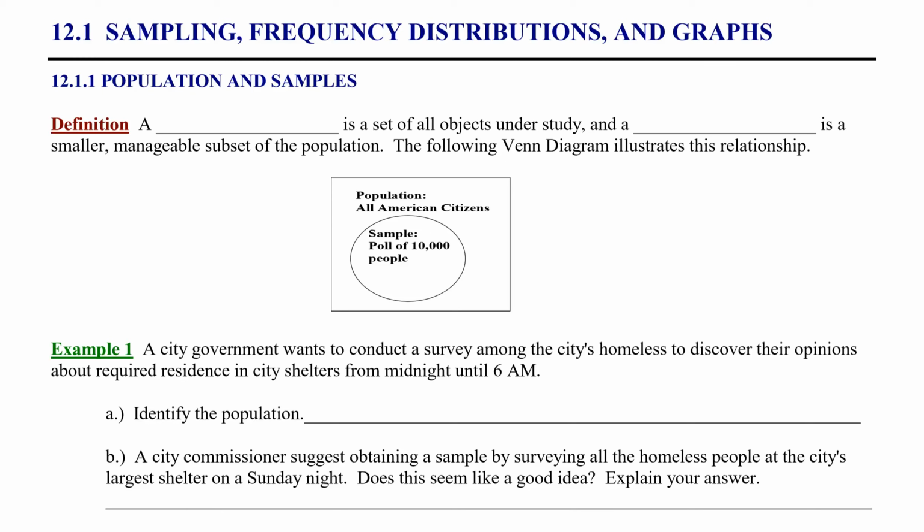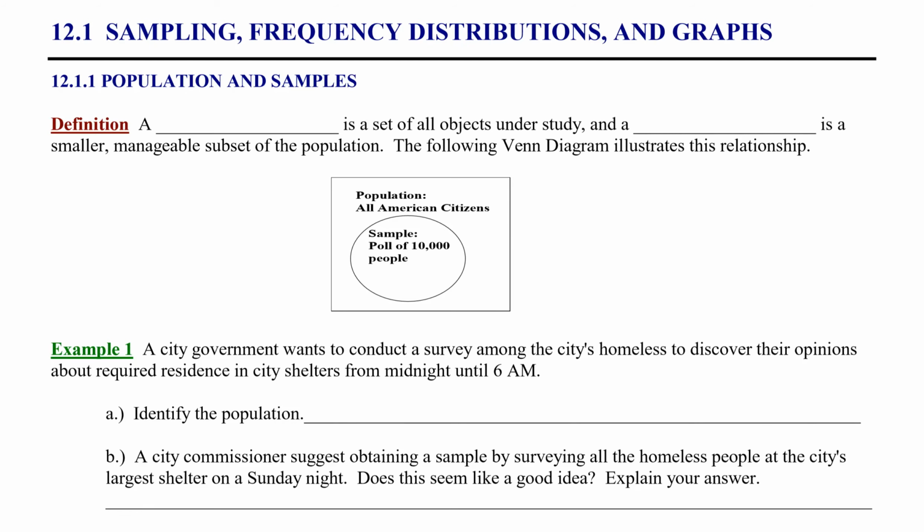Now, in our world, we are constantly inundated with lots of information, data, graphs, charts, public opinion polls, research articles. If we properly understand statistics, then we will be better able to sort through the accuracy of the information that is presented to us. In 12.1, we will learn about sampling, frequency distributions, and graphs, and we'll begin with population